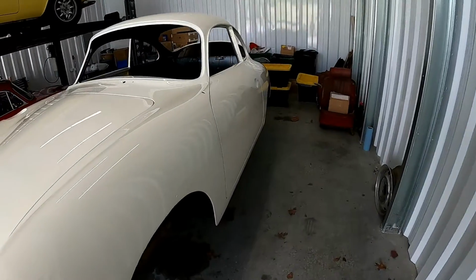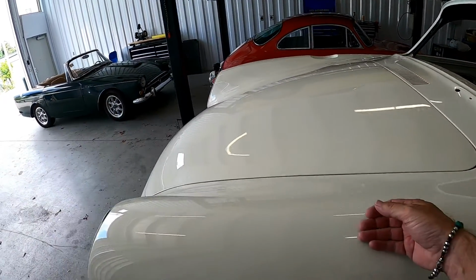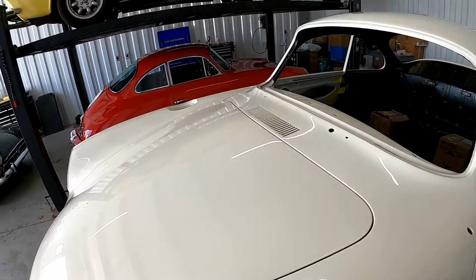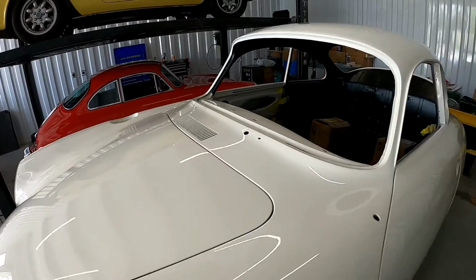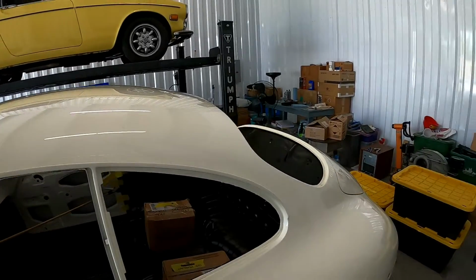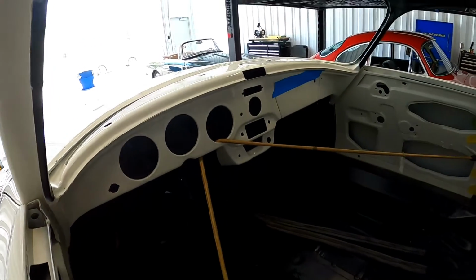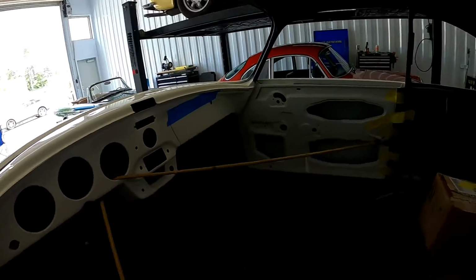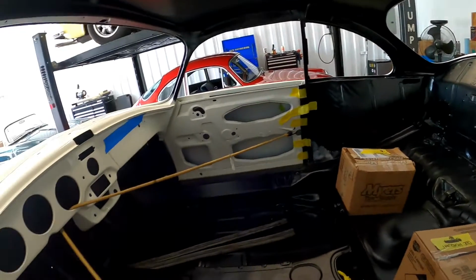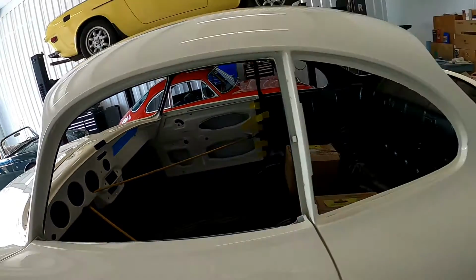So this car, as you can see, the body has been done completely and it feels wonderfully smooth. The gaps look really good, much better than the red car. I honestly can't find a flaw in it. I know it's white paint, so it's a little harder to see things, but man, this was done well, and I'm not surprised it was done well because it was done by the folks over at Road Scholars in Durham,